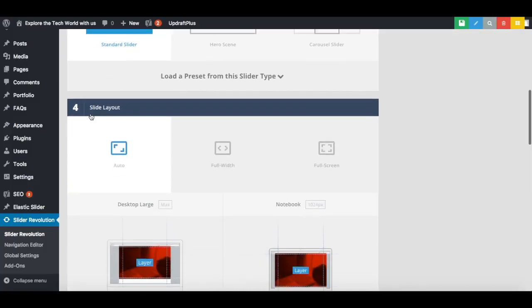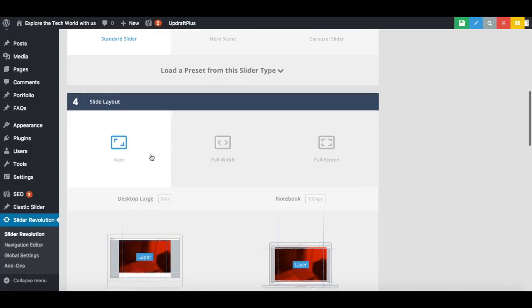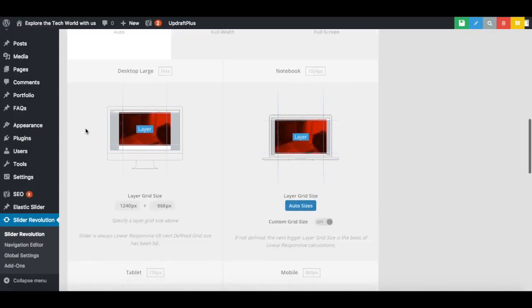Now at the fourth step, slide layout. Leave it as it is. This part is very important. Here we have to specify the size of our slider. I mean the width and height of our slides. So here I can give like